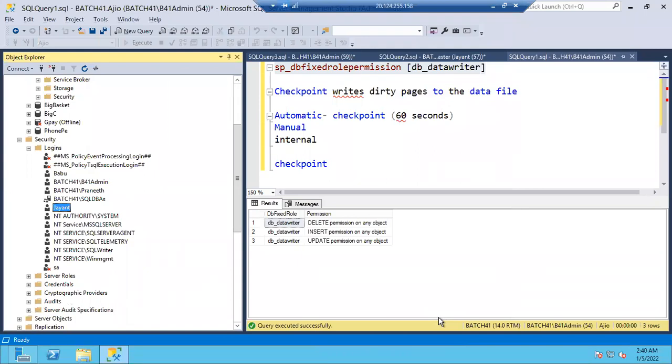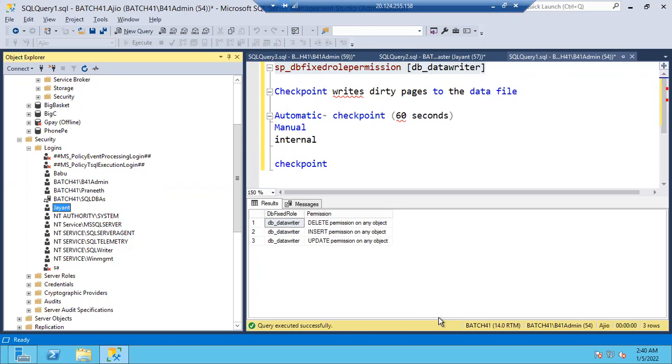Everyone, I usually call everyone sir. So on all the tables inside the Big Basket database, on which we gave access, he can insert the data, he can delete the data, he can update the data. I hope you know how to insert the data. Insert command: insert into table name values, and you give the values. That's it.